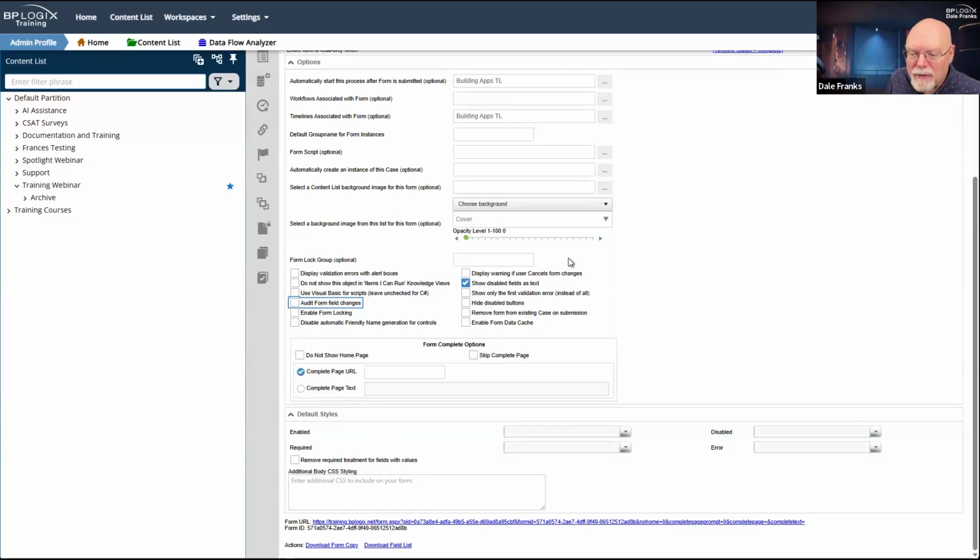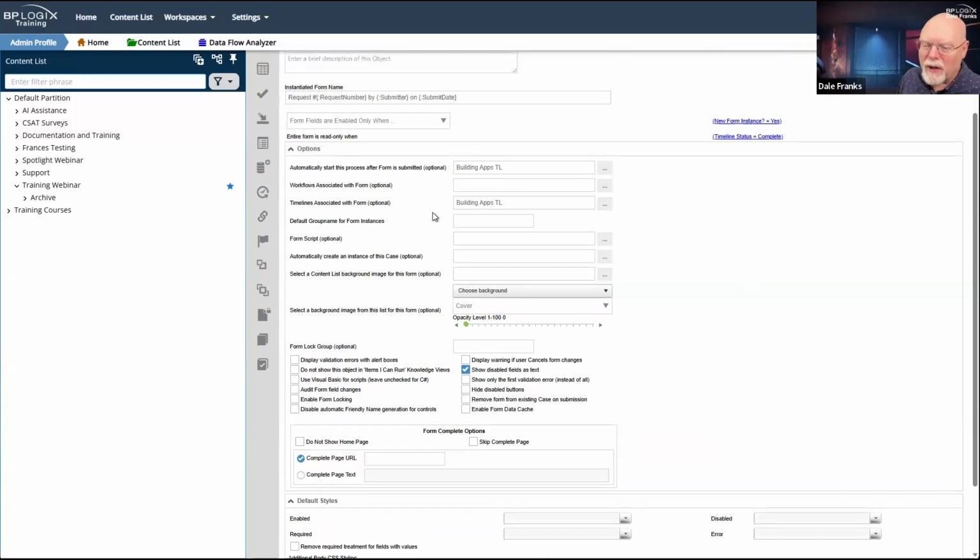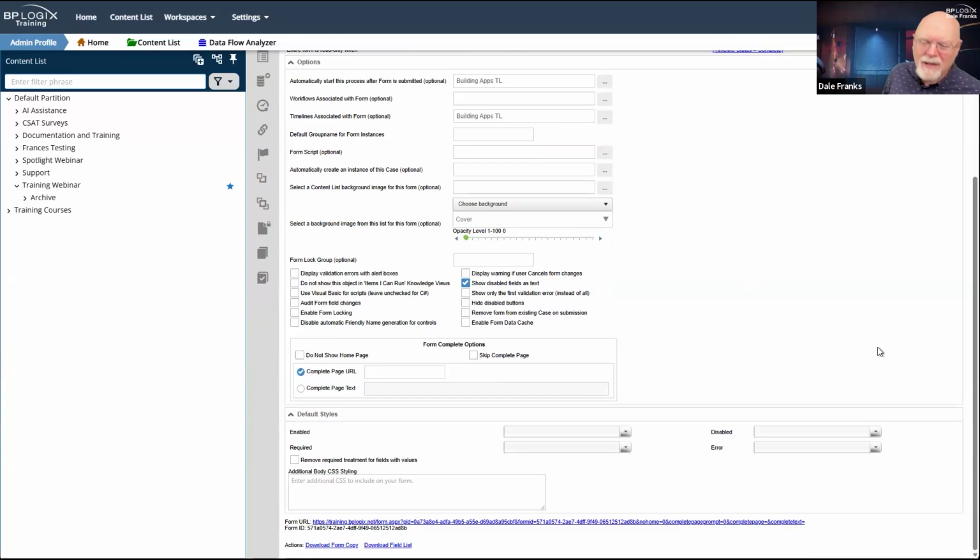The rest of these properties are not super important for right now, so we're going to kind of ignore them. We just really wanted to talk about the most important properties. There are a whole bunch of other things that you can do here, right? You can set a background image for your form and change the background color. That's cool. But that's something that you can experiment with and play with and see how it works.